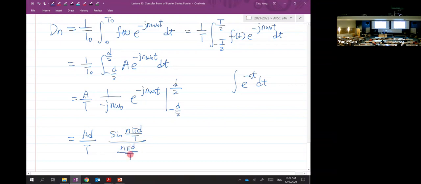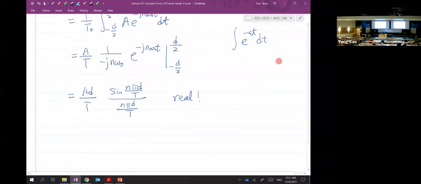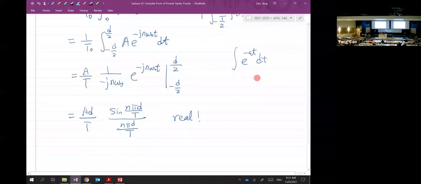So this is the result of this integral. It's a real number, okay? But usually, in most cases, this should be a complex number for dn. But just in this question, it gave us a real number here. So that's the end of the results. You get the d naught, you get dn, so then you get basically the writing of this complex form